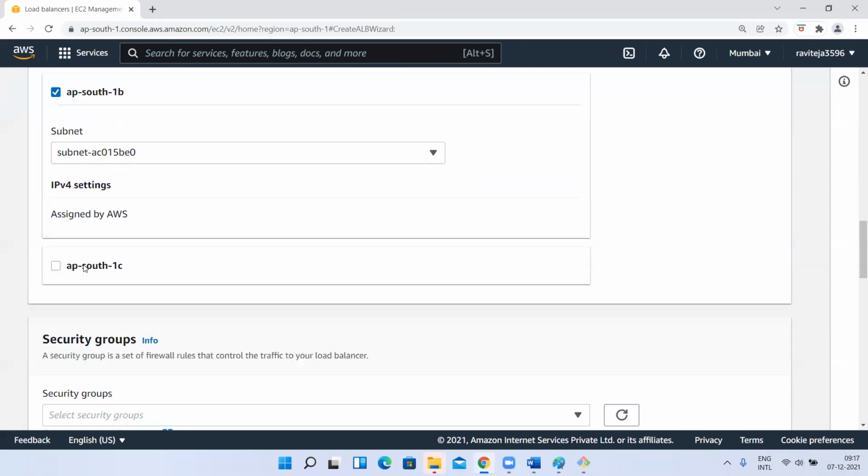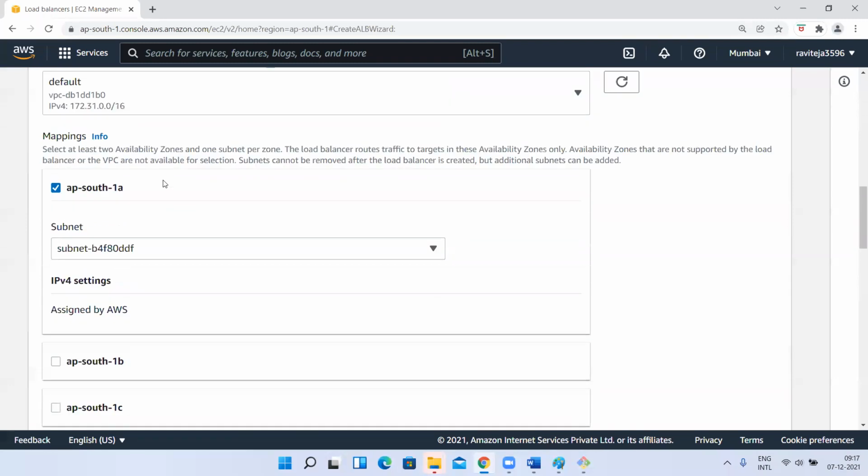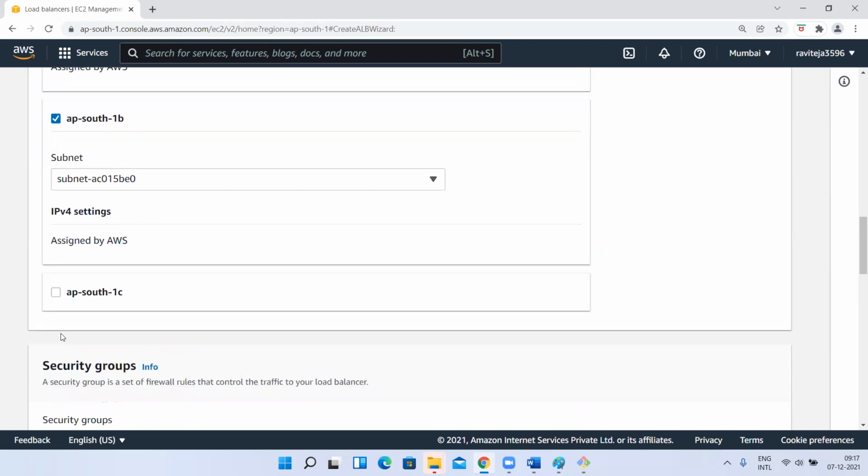If you select 1C, it's useless because there is no instance. If you select only 1A, whatever traffic the load balancer gets, it will send only to the 1A instance, because you selected only 1A as the availability zone to route the traffic. So wherever you want to route the traffic, those you have to select here.